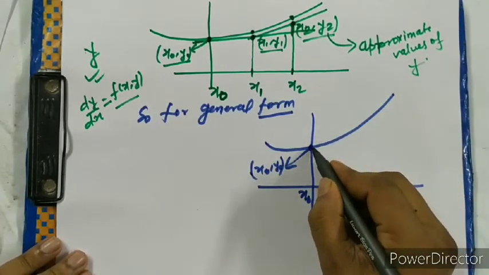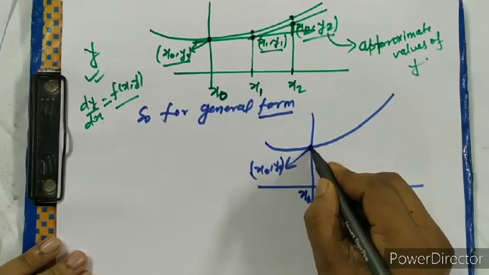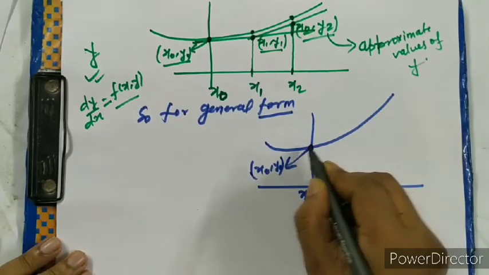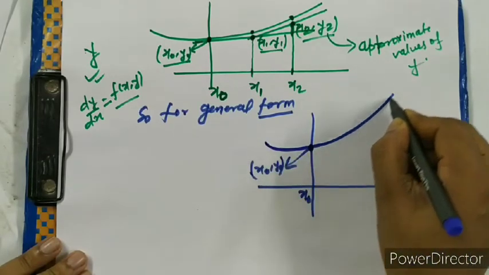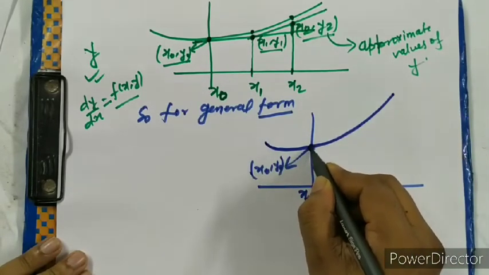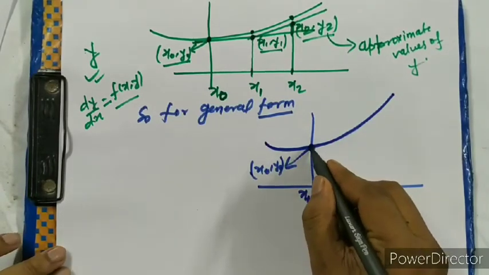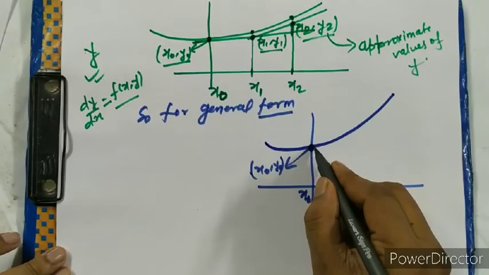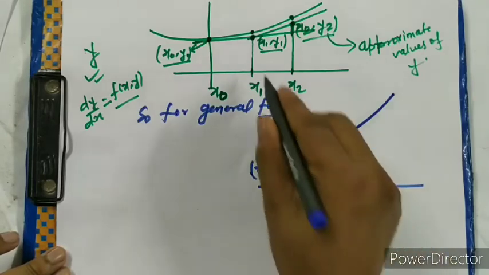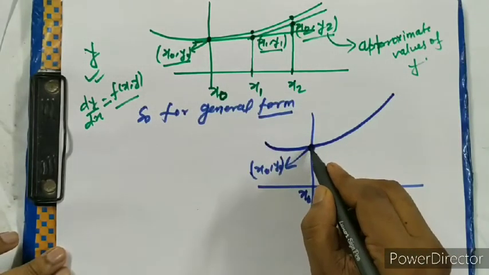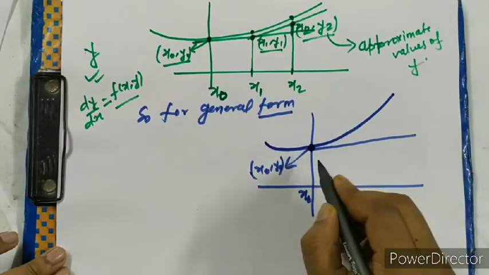So we can draw a tangent through this point because this is the given initial condition. We know about this. We have to calculate this function. Only we know the point. This is the initial condition, and we can easily draw a slope like in the above case. Suppose this is the slope,